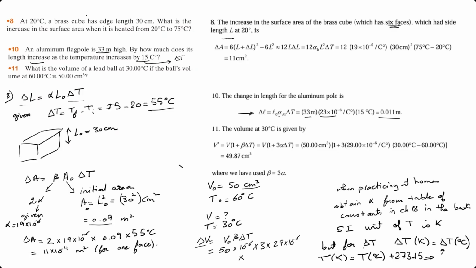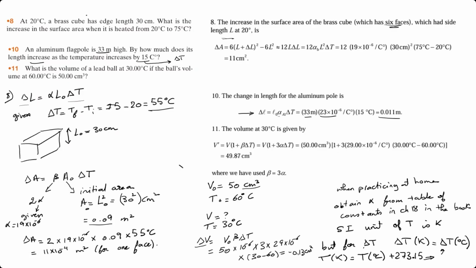And delta T is the change in temperature. Here, pay attention, T final is 30, T initial is 60. So it's 30 minus 60. This is going to be a negative delta T. I will find the change in the volume. I'll just calculate that. So this is minus 0.13